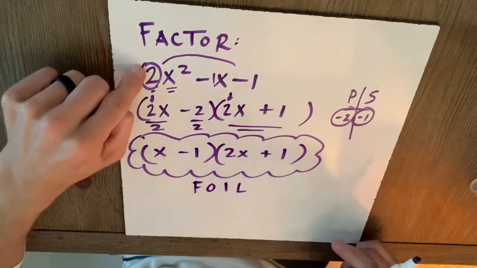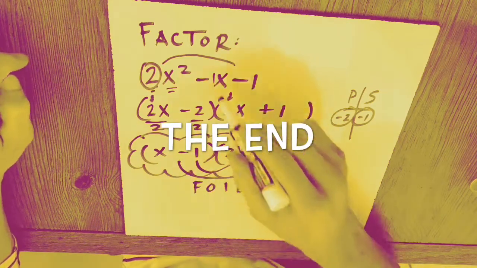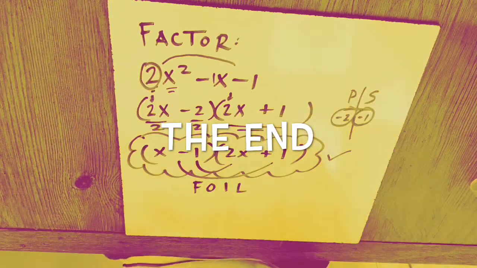First times first is 2x squared. Last times last is negative 1. Negative 2x plus 1x is negative 1x. So I know this is right. I can check